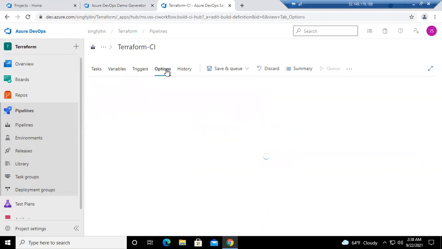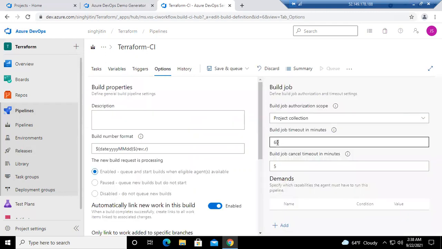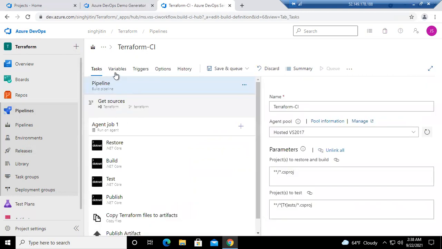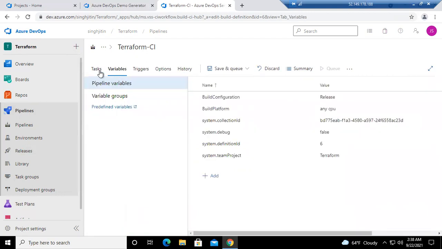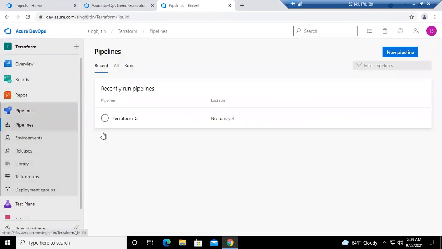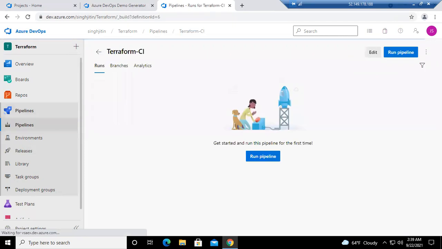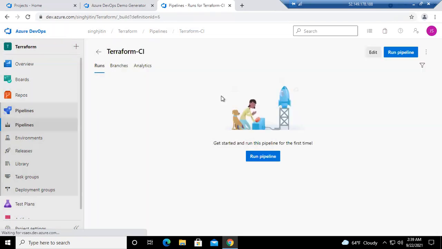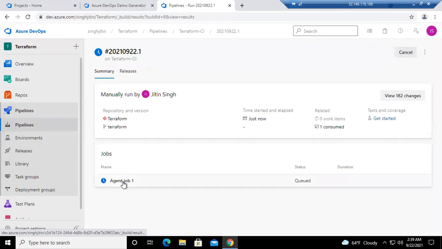You can have the options available in case you would like to have any project collection and you want any particular execution of any script, let's say within 5 minutes or 10 minutes or any sort of option, you can do that. And you can see the history of the changes over here as well. Now, let's say you would like to execute a build process. So before release, you need to build this. So I'm just going to execute this particular pipeline, which is available over here. I'm going to select this now, and I'm going to run this particular pipeline, which is helping me to build the process, which is available over here.